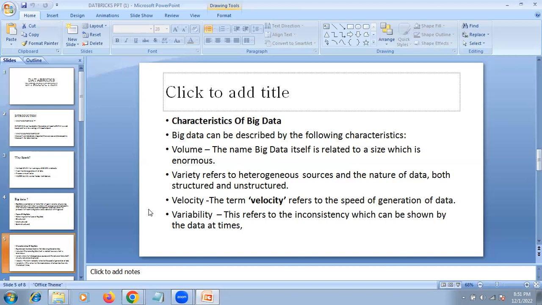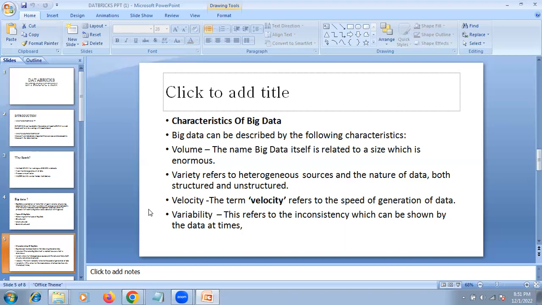There can be different sources: online sites, shopping sites, and online social media platforms, whatever we are using. From all these sources we are getting a variety of data. Some data may be structured, some unstructured, and some semi-structured, but most probably we will be getting it in these three categories only.